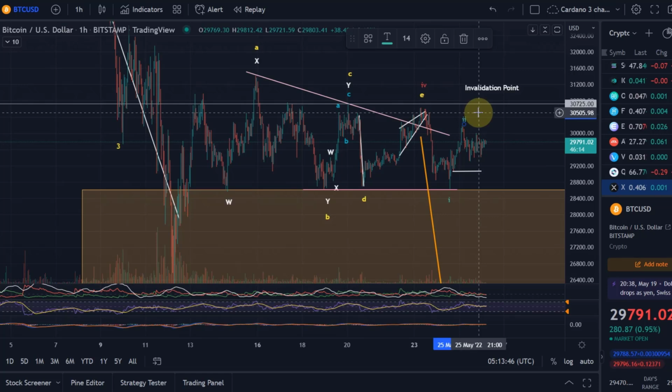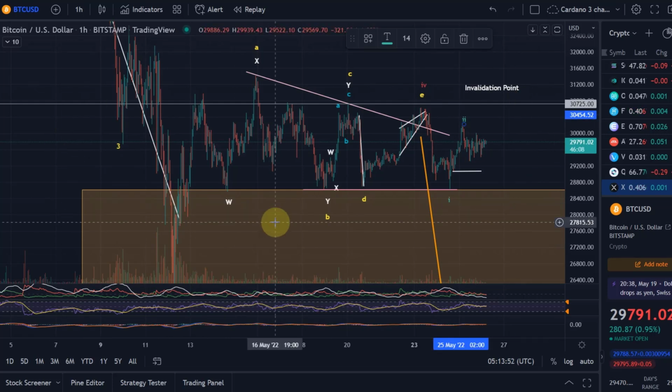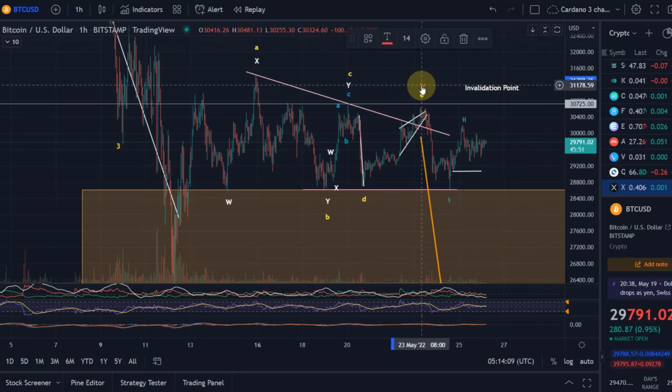And as I said, only if we break above 30,725, this whole pattern would need to be revised. That would be the invalidation point I'm looking at. And in any alternative pattern, I wouldn't consider that bullish. I would just consider this higher degree wave 4 to be not yet complete, and that will be completed somewhere up here. It could still go higher, but